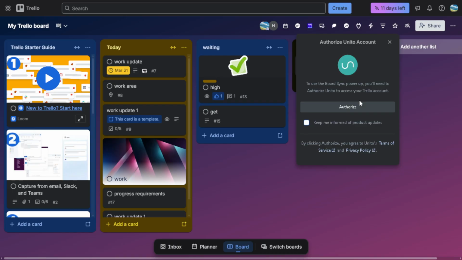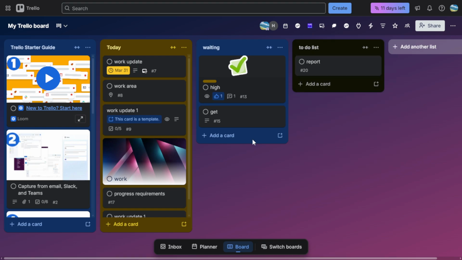Once you've completed these steps, the fun part is about to begin. You can start customizing what data gets pulled into Google Sheets and how it's updated. You can set things like which columns or cards you want to sync, along with settings for how often updates happen. This is pretty flexible, and it allows you to manage your data flow in a way that works best for you. After you've set up your preferences, just save the settings, and your Trello board is officially synced with